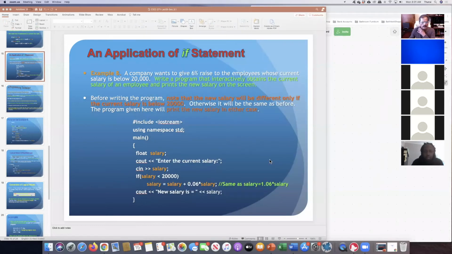Okay, I'm going back to this example we did in the last class. The company is offering a 6% raise for those who have less than 20,000 salary. So I wanted to explain that again. I noticed in some of your homework problems, you made a mistake that I want to explain why that's a mistake. So if you look at this,